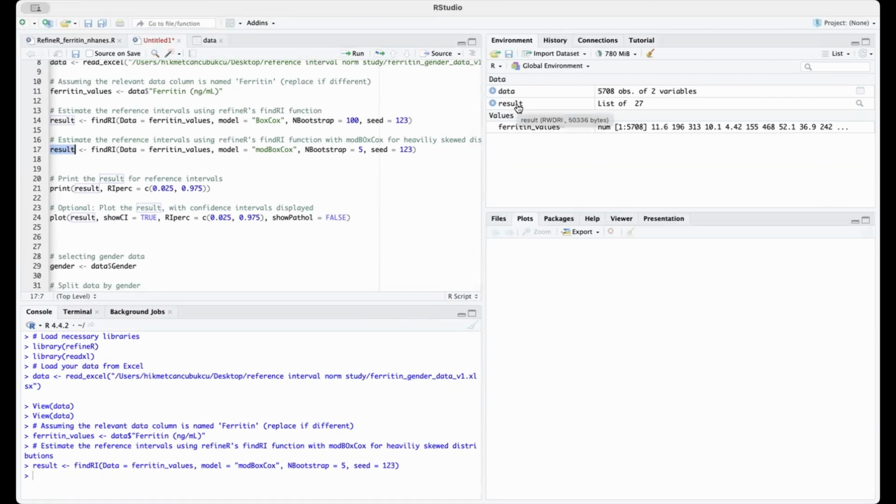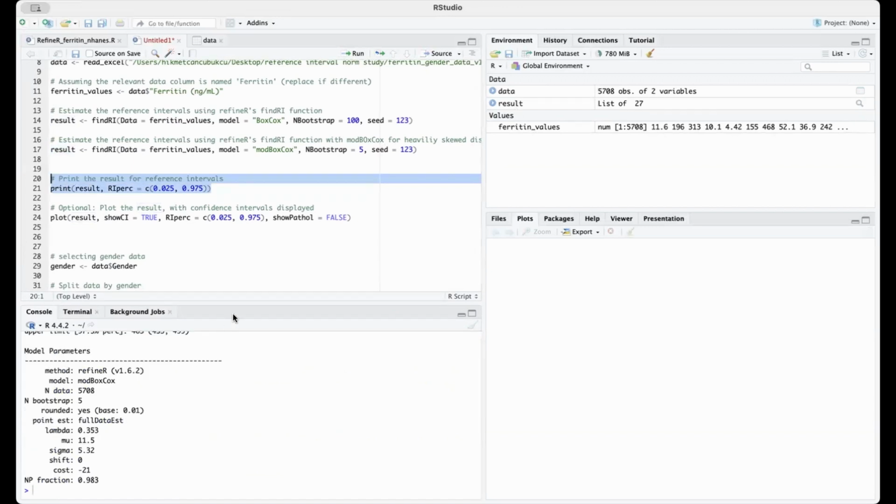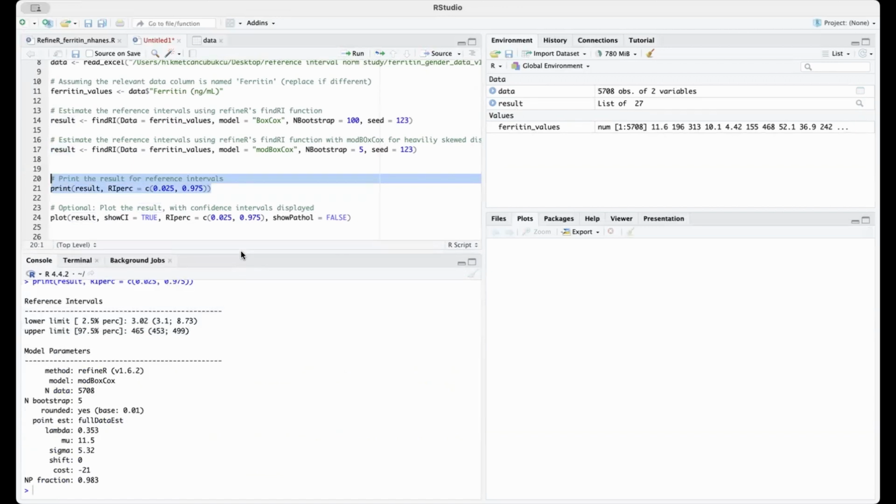Actually, this code gives me results. So let's print our results. I run this code, and in the console screen, you can see our results for the lower reference limit as 3 and the upper reference limit as 465. So in this example, I selected the 2.5 percentile and